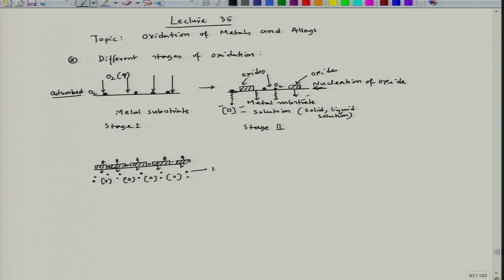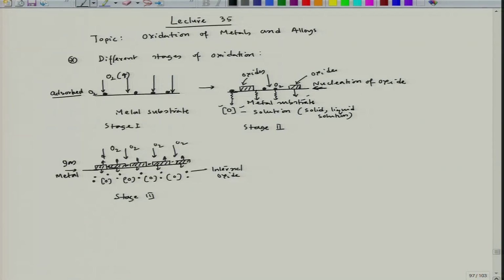So, these are internal oxide, and this, of course, is the oxide-gas metal interface, and oxygen, of course, keeps coming towards this. Now, these internal oxides can happen. Now, this is stage